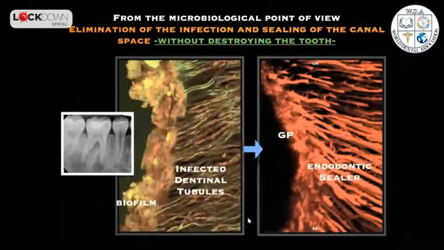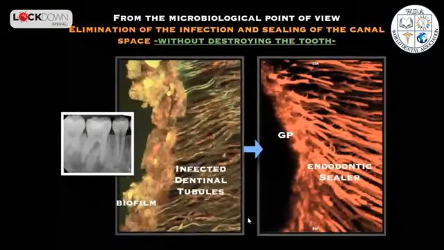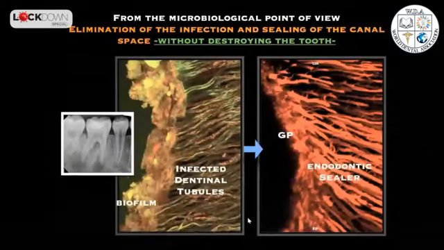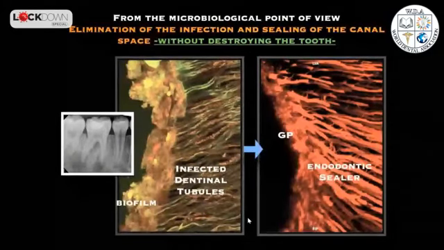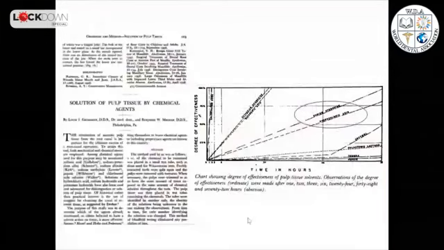And once we assume that the tooth is already clean from the inside, we need to seal the root canal space. As you know, the mouth is a very contaminated area, so we just want to avoid leakage inside the root canal. To obtain this goal, we are going to use gutta percha and sealer. The gutta percha and sealer basically prevent the recontamination of the root canal space after the cleaning and shaping.